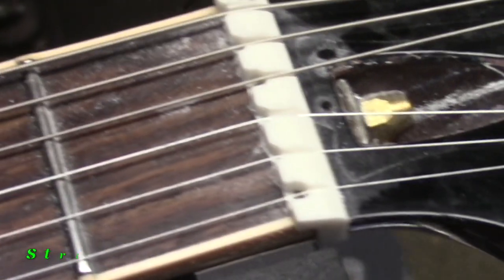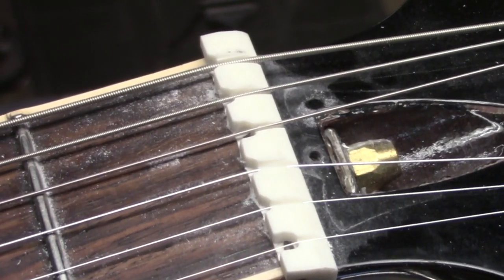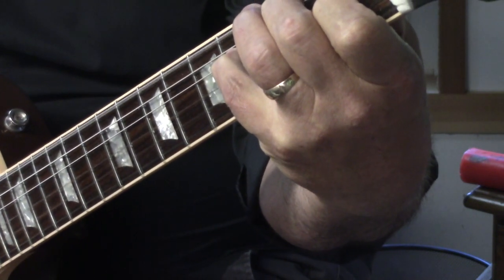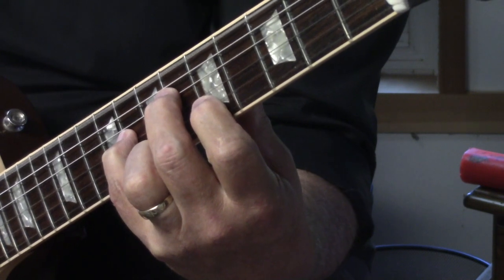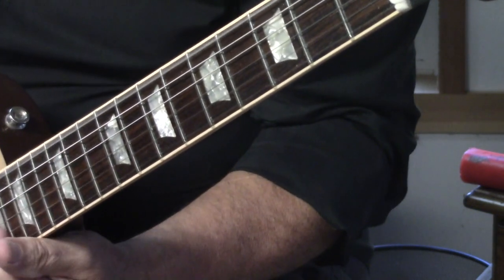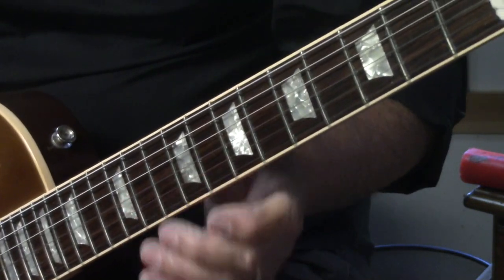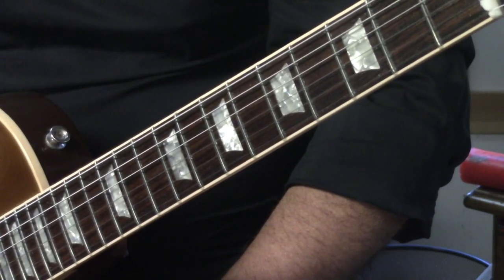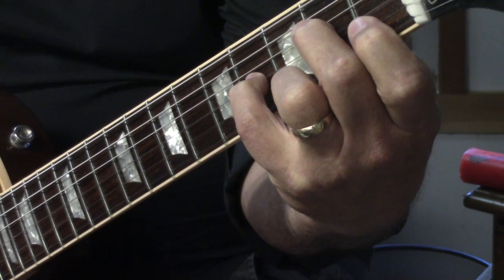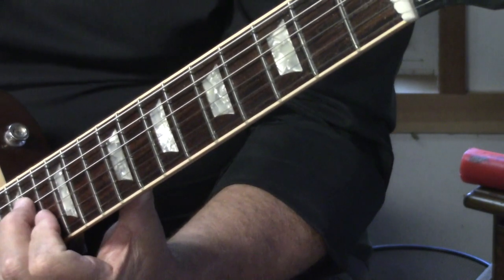So before I smooth this out and make it look pretty, just wanted to show you those values. This is 9 to 46 E flat tuning. Take a minute and explain something about the short scale guitar tuned down to E flat. Although I have intonated this guitar for the 9 to 46 strings tuned down to E flat on this short scale,